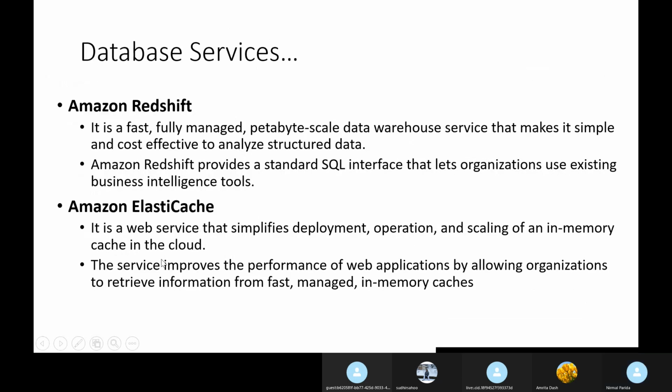It can sit between your virtual machines and RDS, and it will cache your data, so your data communication will be faster if you use ElastiCache. The service improves the performance of web applications by allowing organizations to retrieve information from fast, managed in-memory caches.